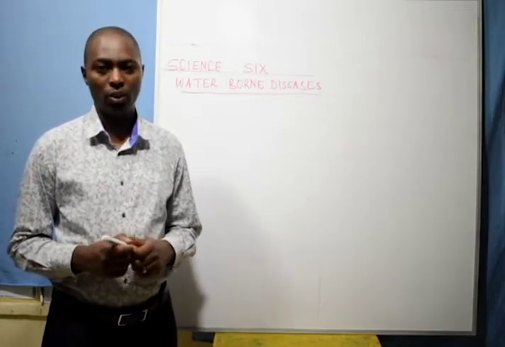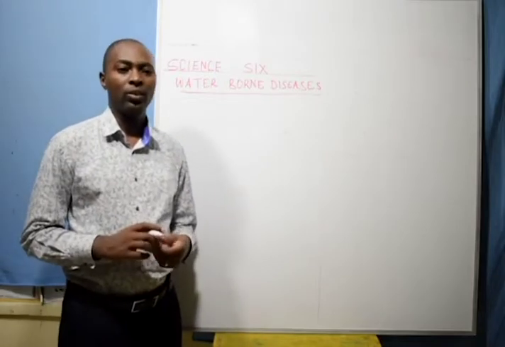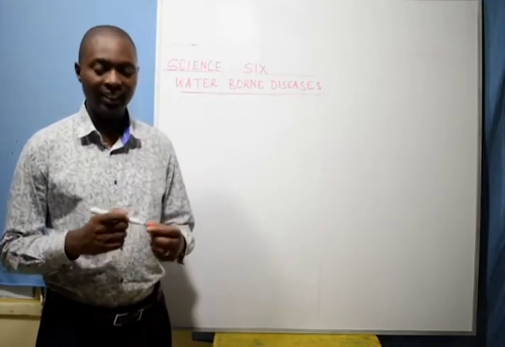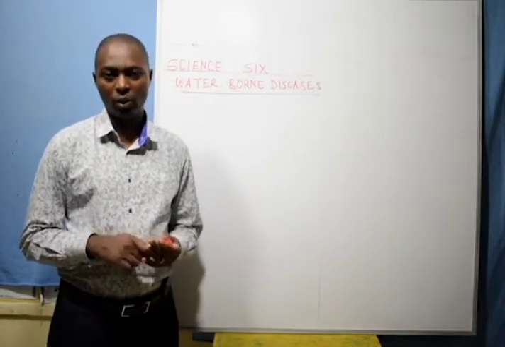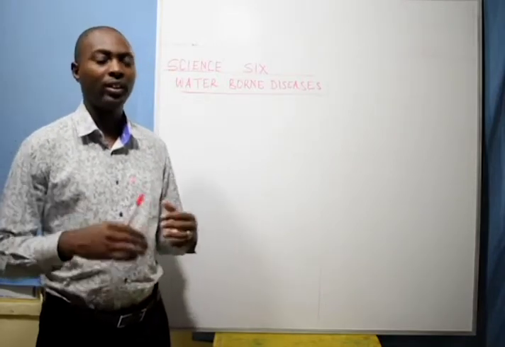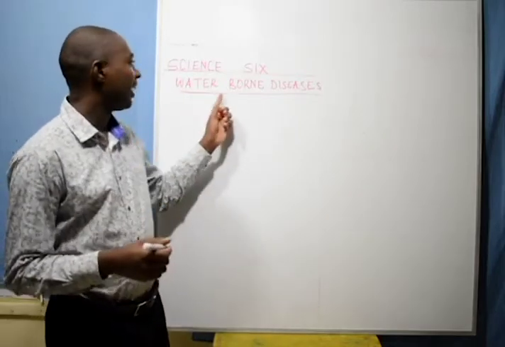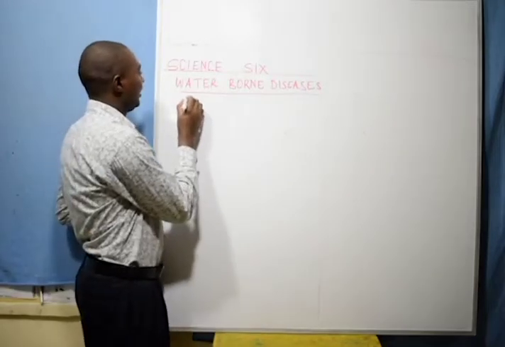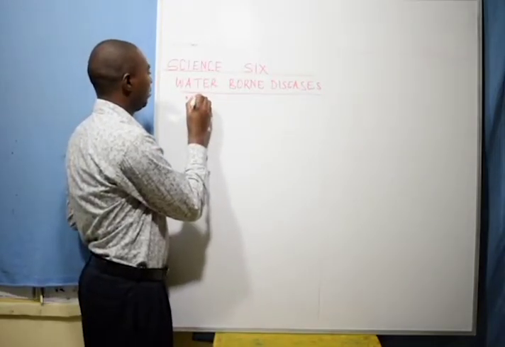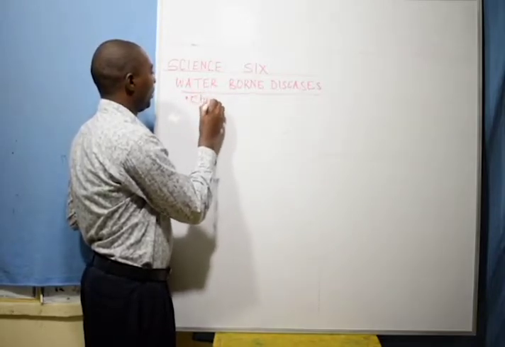And I want to take you through waterborne diseases. Waterborne diseases are diseases that are caused by contaminated water, or by consuming or getting into contact with contaminated water. Such diseases are known as waterborne diseases. Examples of such diseases are cholera,